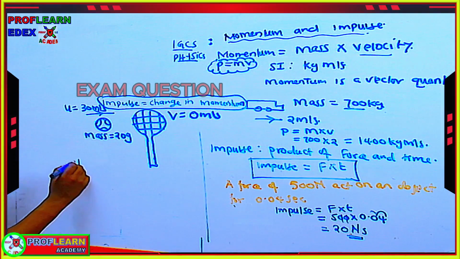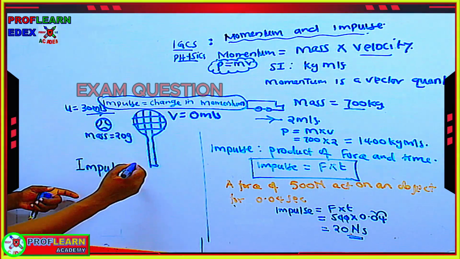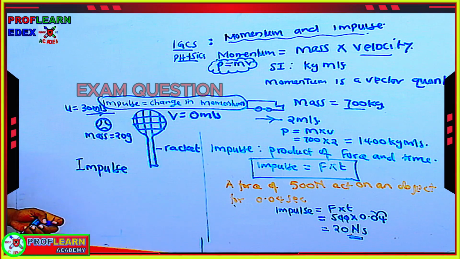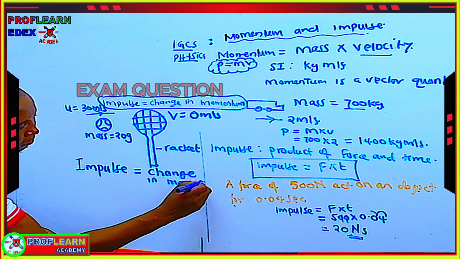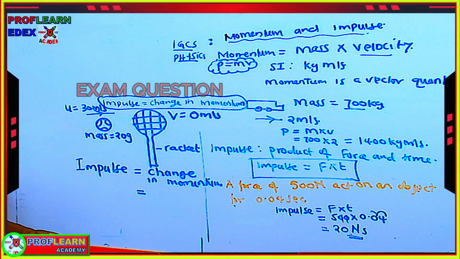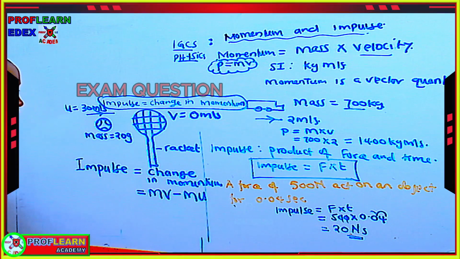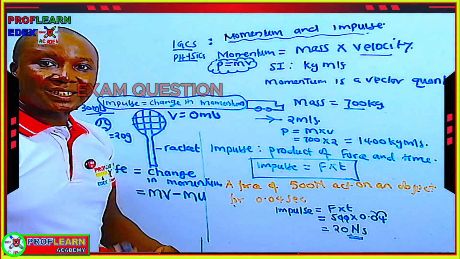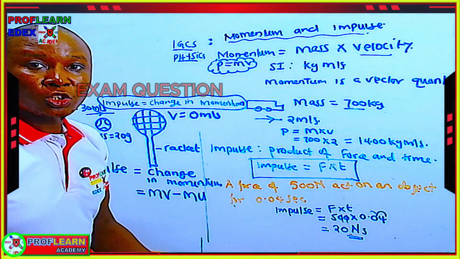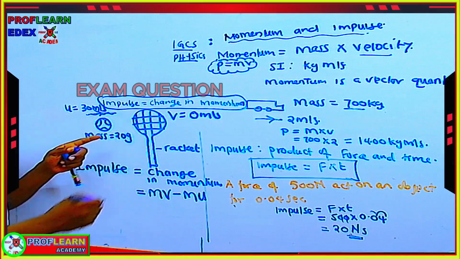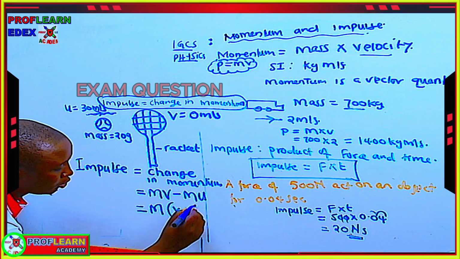So we can say the impulse of the tennis ball hitting the racket is going to be equal to the change in momentum. Now, remember, change in momentum is mass times final velocity minus mass times initial velocity. Mass times final velocity gives us the final momentum of the ball. Mass times initial velocity gives us the initial momentum when this ball was moving towards the racket. So, therefore, m(v - u) is equal to the